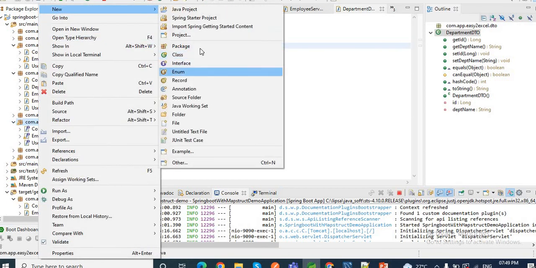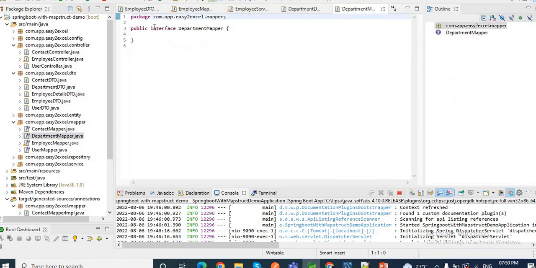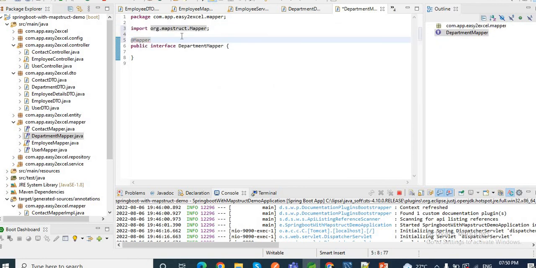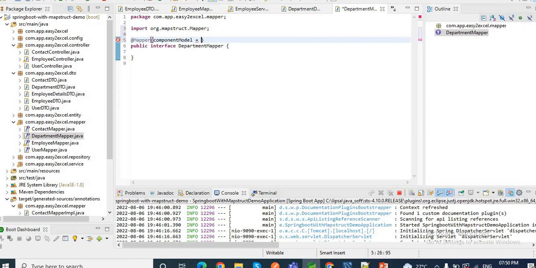So let me first create another mapper quickly. So that is nothing but our department mapper. Okay. So let me create another mapper, department mapper. Clear? So I'll also annotate this one as @Mapper. And as we are using Spring, I can write componentModel equal to spring. Correct? So now I'll write down two methods which will convert